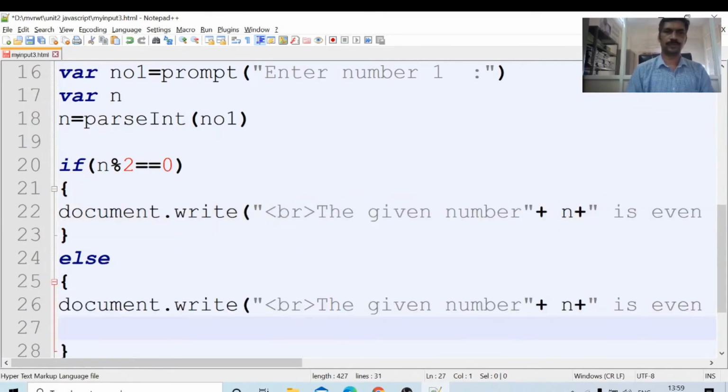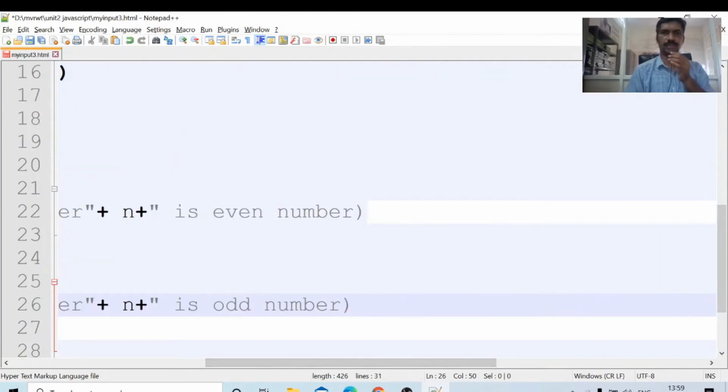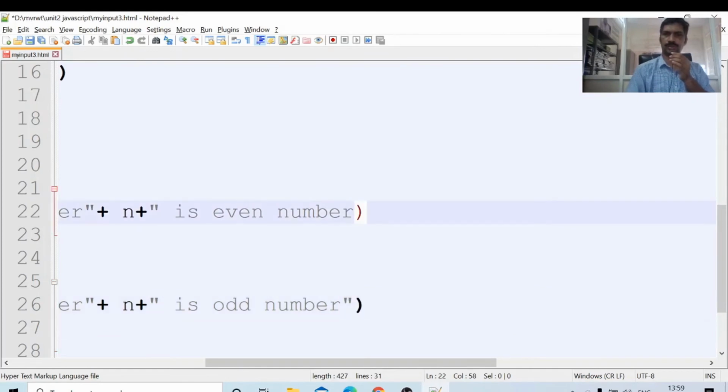Document.write the given number n is odd number. I have to close this one, close this one, save.